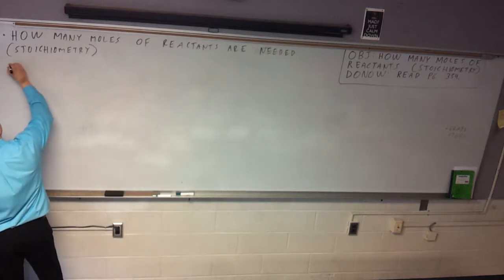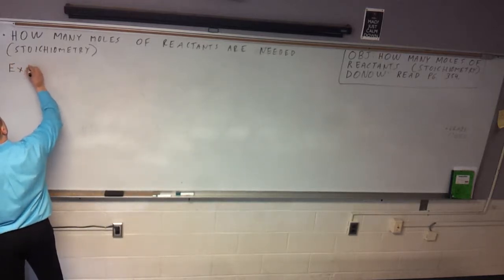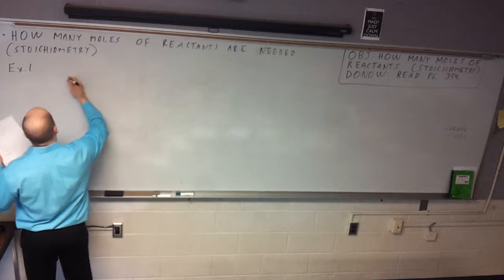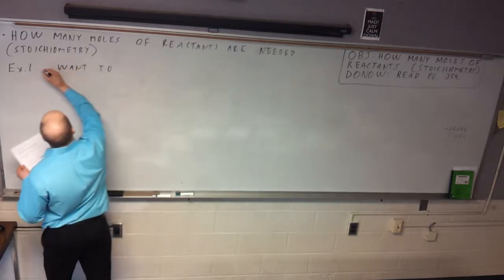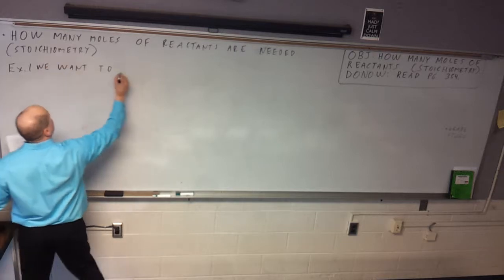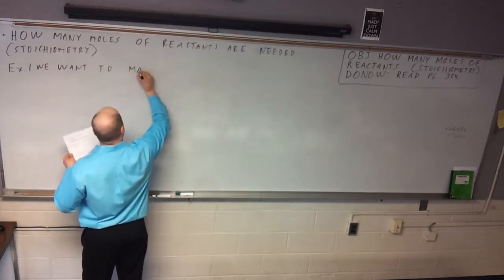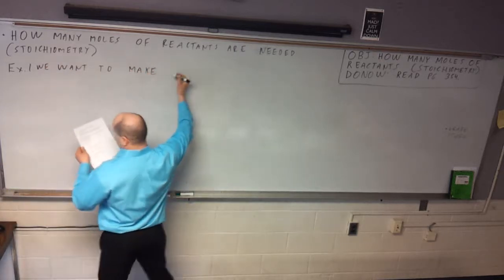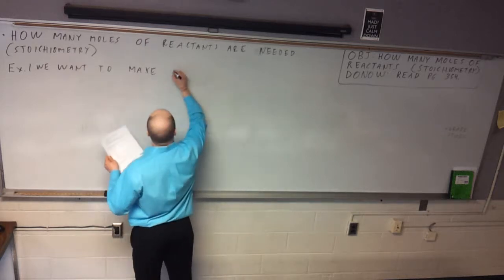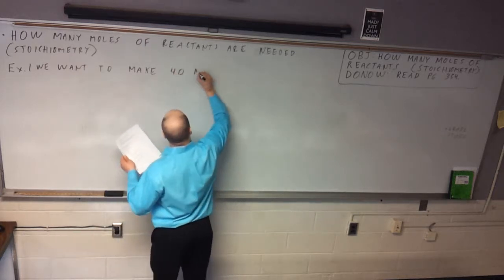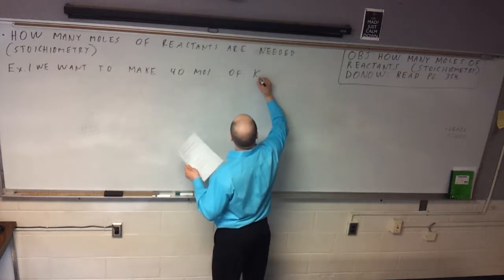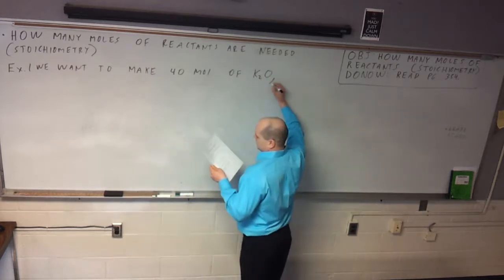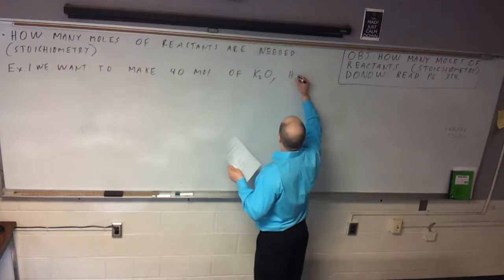Okay, so let's just start out with an example problem. So let's say, example 1, we want to make 40 moles of potassium oxide, K2O. How many moles